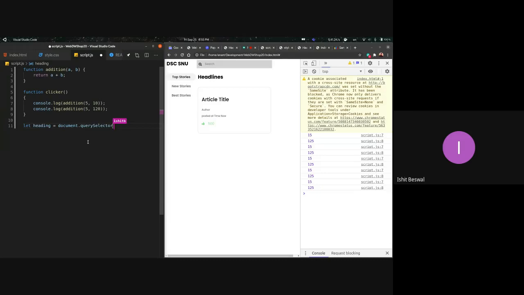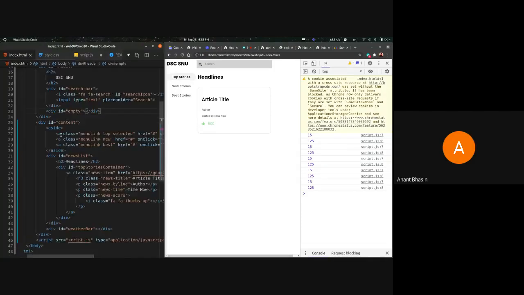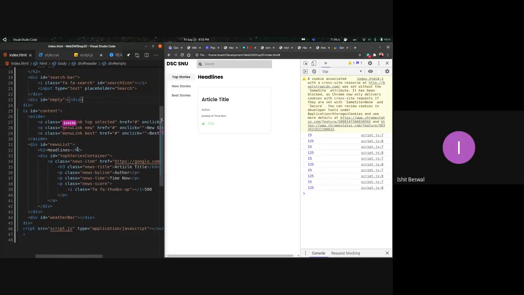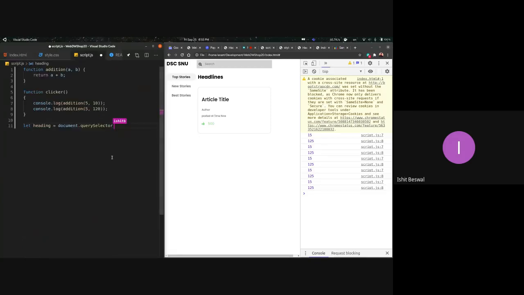Anand, can you go back to the HTML? I'm just going to select the menu link class name first to show how querySelector and querySelectorAll work.